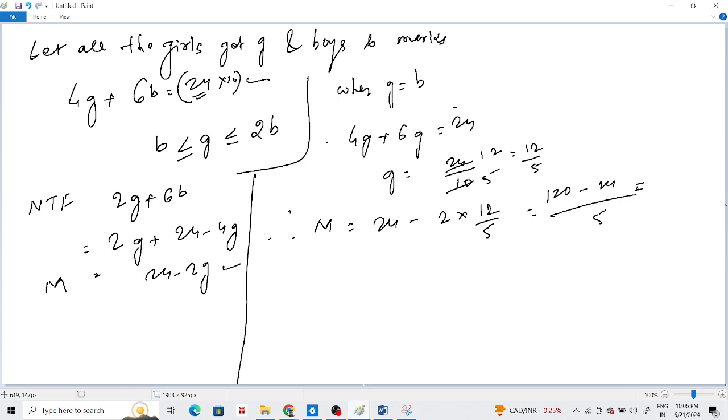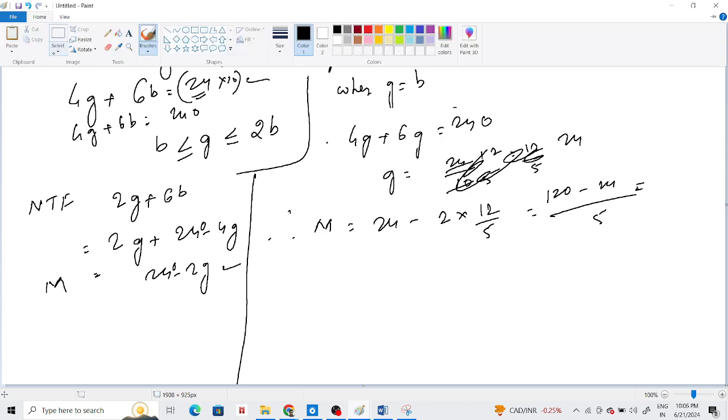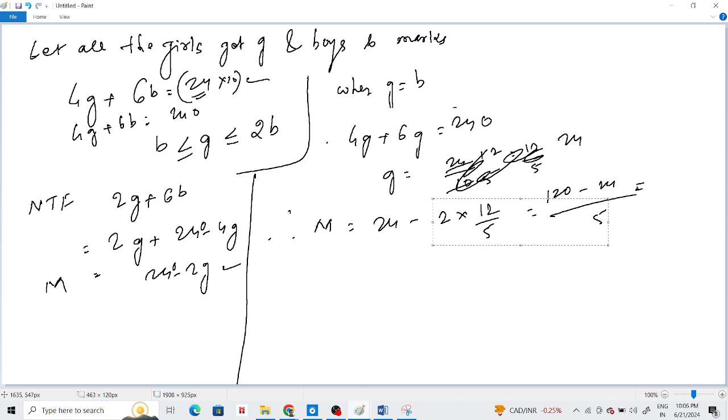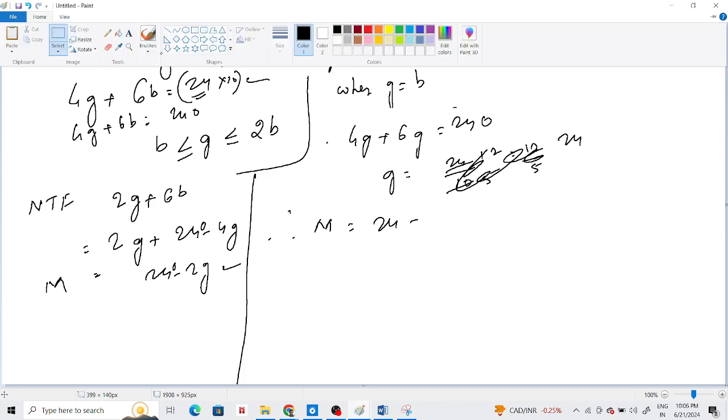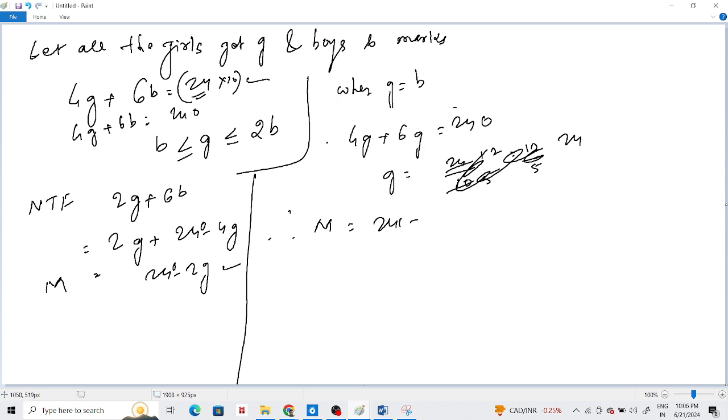So I need to multiply by the number of people, right? Do you understand this? 24 was the average, and I am finding the total marks, so total must be equal to total. So 240 minus 2 into 24, that is 240 minus 48,